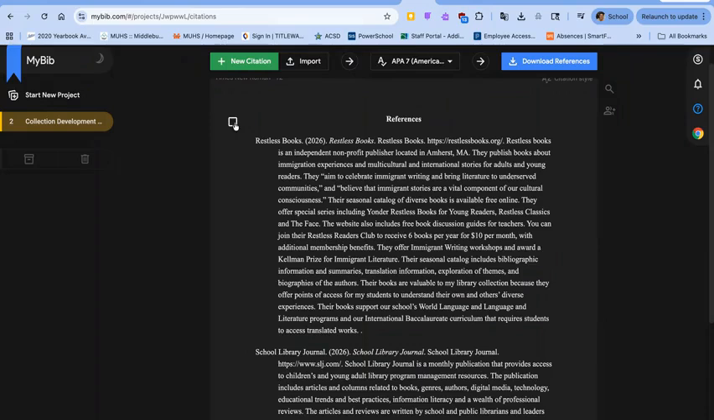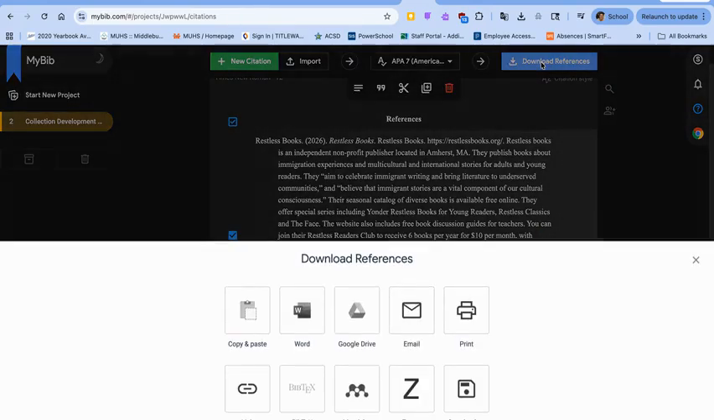When you're done with all of them, you can select them all and click download. And this is how you'll export your whole annotated bibliography, and it will be formatted correctly. You can try exporting it in Google Drive. I am on my school account and it does not work with my account because it is blocked. A lot of apps are blocked for us, so if that doesn't work for you, you can also copy and